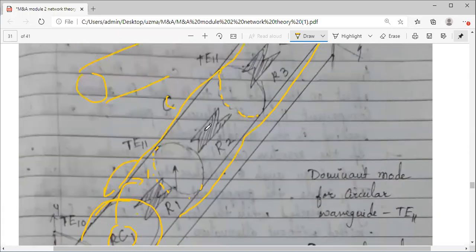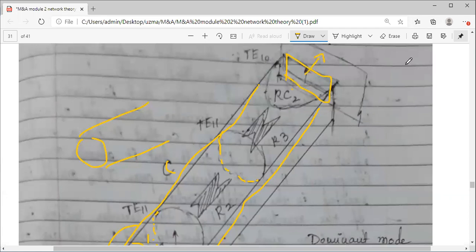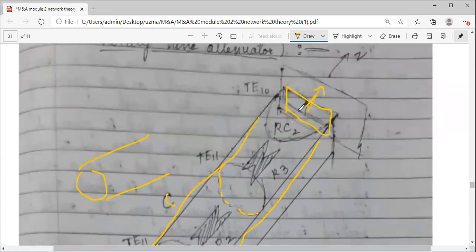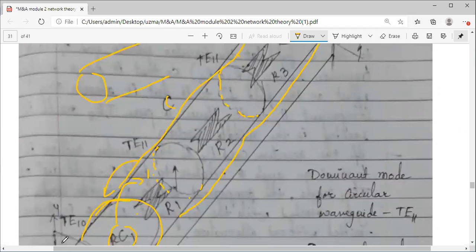The center part is the complete pure circular section. And at the other end, this is your rectangle. So there is again one transition here from circular to rectangular. But looking from this end, the transition is rectangular to circular. That's why I have used RC. You can denote it however you like, but you should denote that there are two transitions at both openings. From this end there is one transition.